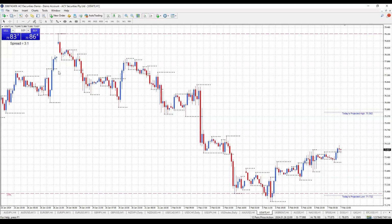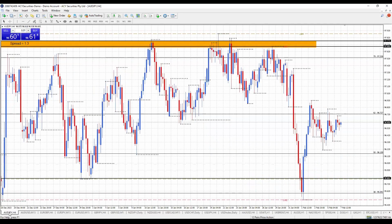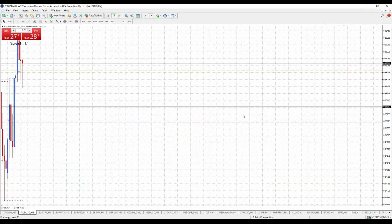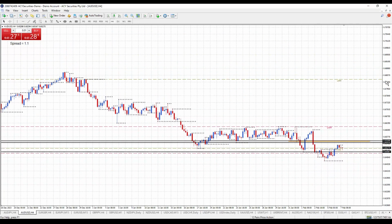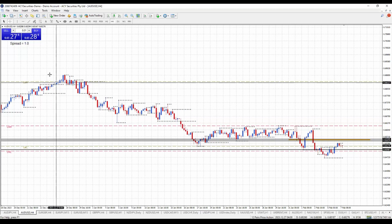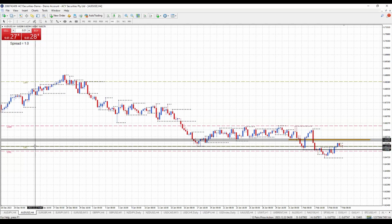Pretty simple, except what we've got, and we'll go back to say using the Aussie yen, for example. So what it's doing, it's giving me a few levels, and I'll just get rid of a few things that I've obviously drawn on here myself outside of this strategy. But what it does give you, in fact, I'll go to the Aussie dollar. And I'll squash this in for you. Because in effect, what you've got is last month's high is the mustard dotted line, and last month's low is down here. So what you're able to do is look at trading with trend, but inside the range or